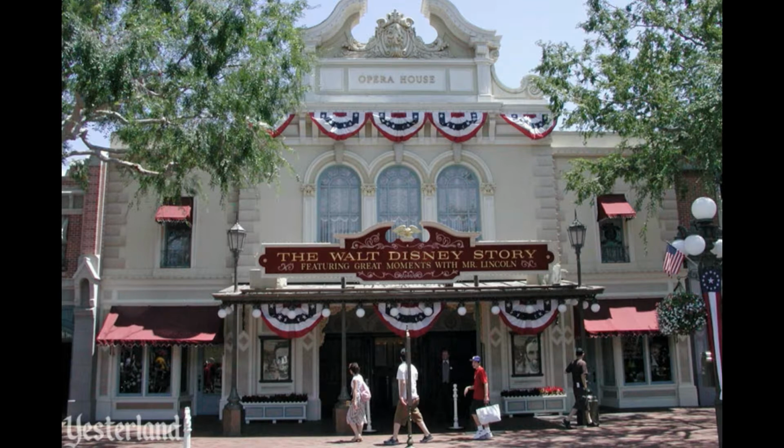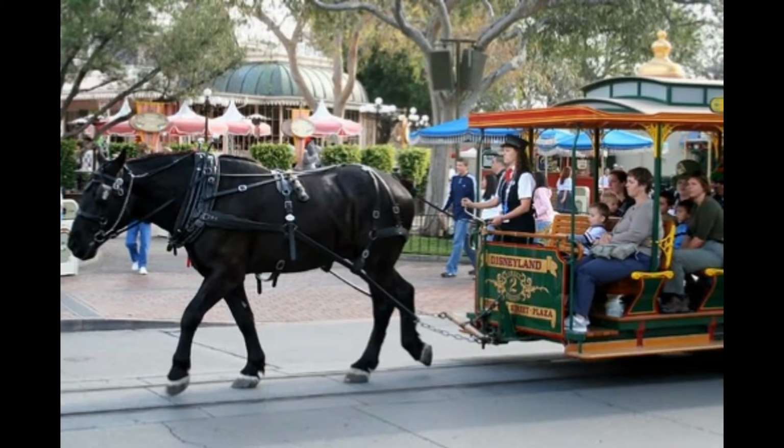As we continue along the street, following it around, on your right, folks, mind the horse and carriage. You may want to hop a ride on that later, but maybe not. The asphalt beneath your feet is a special blend for Disneyland, being slightly impact absorbent and thus easier on your feet. Very good. Now, as we continue along, you'll see the beginnings of the various shops and smaller attractions that